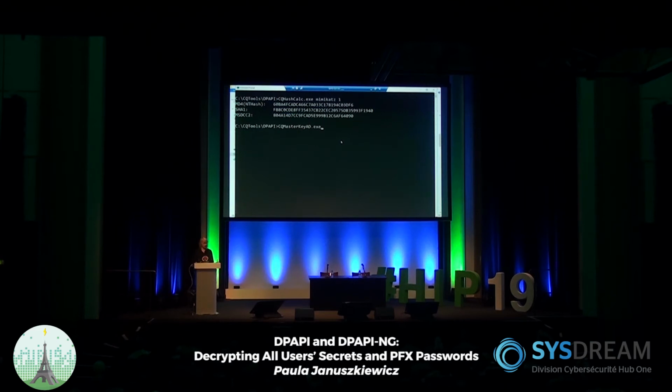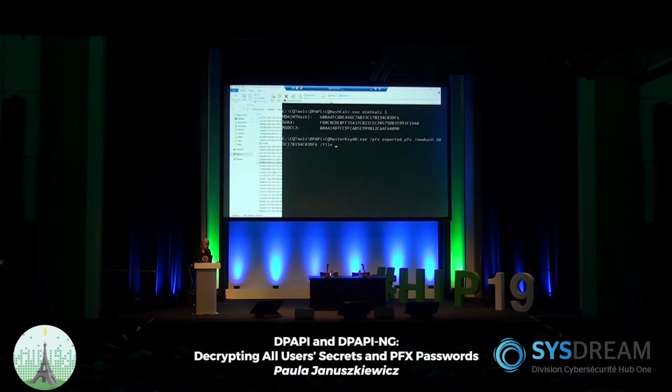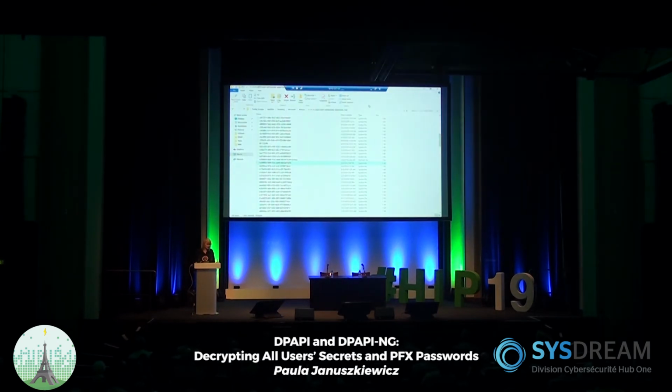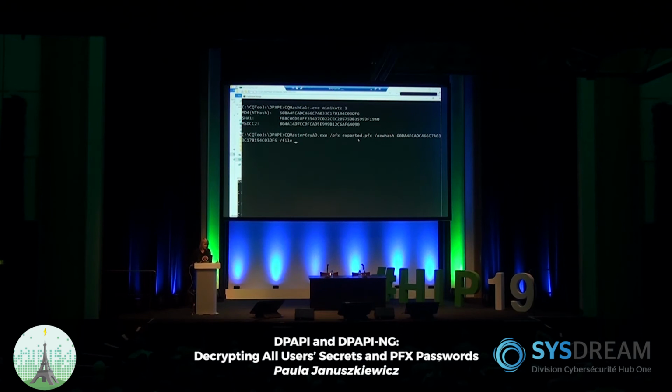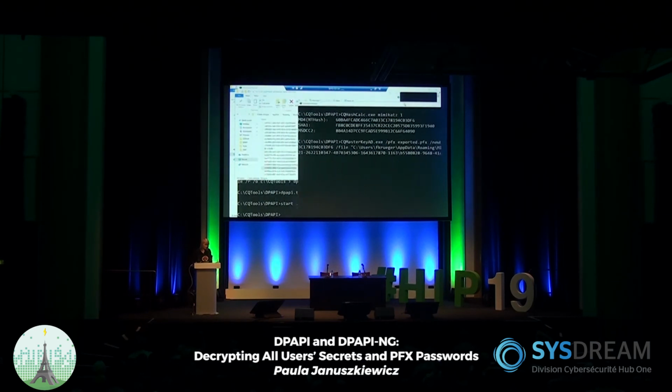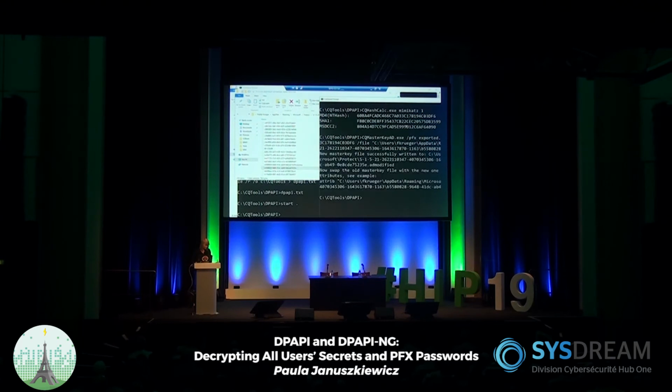Now, what we're going to do, we're going to use over here CQ master key AD. This is our signature tool from our team. And CQ master key AD allows us to do the following. First of all, we're going to decrypt the master keys with the PFX that we already have from the DC. Now, new hash, we're going to encrypt it back again with our current password's hash. And file, I don't know yet, but let's have a look over here. We're going to be technically getting access to it by giving a path. So shift right click, copy as path in the command. So here we just do it like this, file, bang.